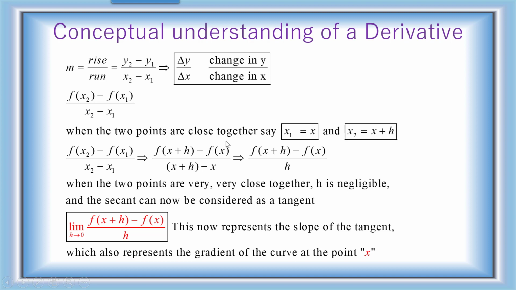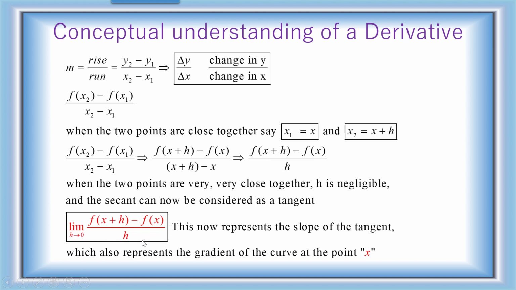Now when we bring these 2 points close together, I can write x1 as x and x2 as a value x plus h. Now h could be a positive number or a negative number. If it's a positive number, it is to the right of x. If it's a negative number, then obviously it is to the left of x. So it does not really matter, but h here represents a point very, very close to x. So in other words, my denominator would always be h, and then when we are finding the derivative, we are saying that h is approaching 0.